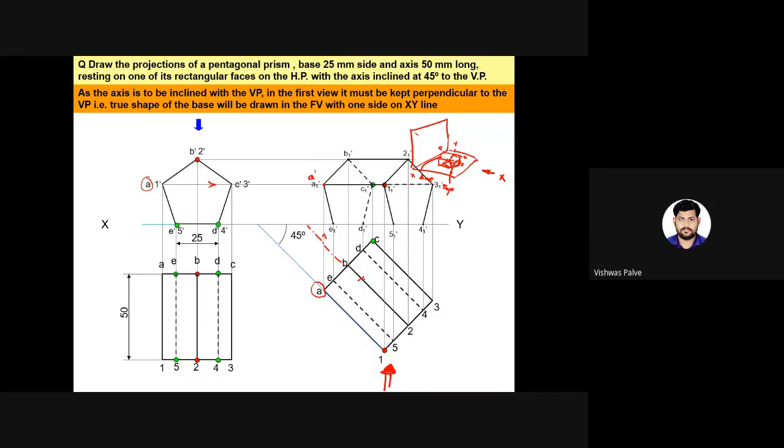As the axis is parallel to one of its edges, right? So if you measure the angle, this angle will also be equal to 45 degrees. But while showing, you have to show it like this, 45 degrees here. In a prism, the axis is always parallel to its side, so that's why we can directly take this side at 45 degrees. We can draw it like this. If you draw an axis and show it, it will be 45 degree incline.